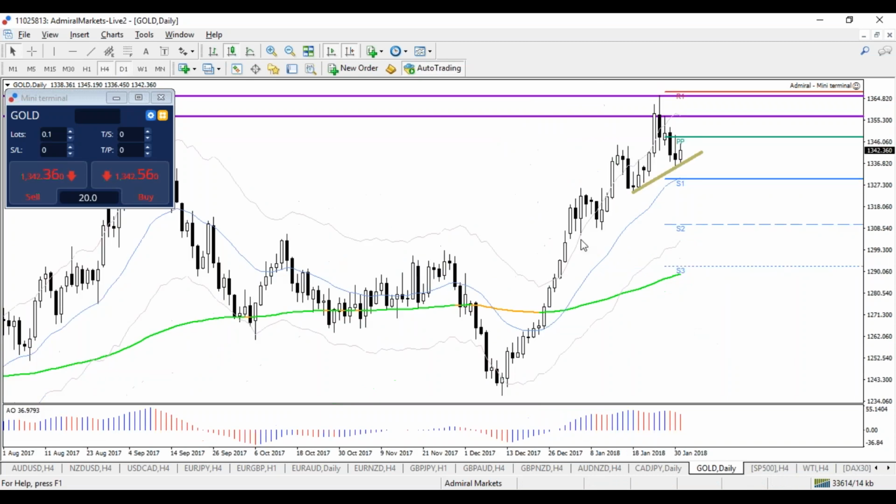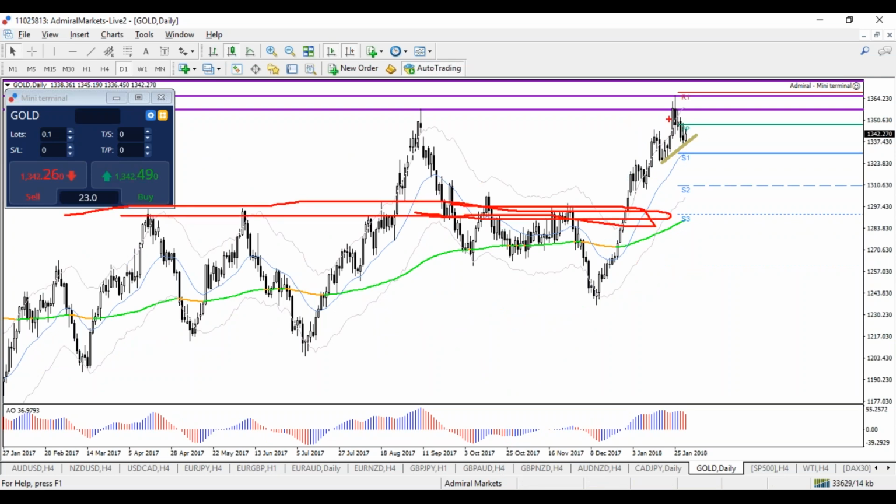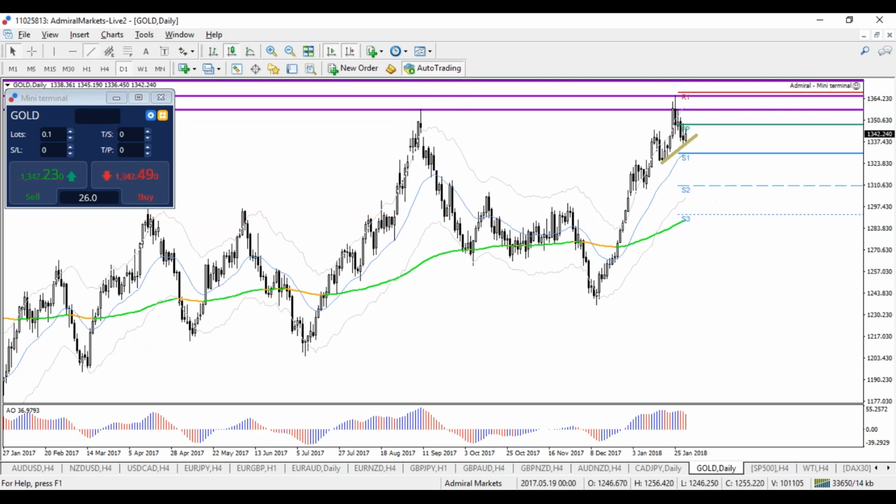If it breaks that, there could be finally what I was expecting already a long time ago, a bigger correction. This upside lasted a bit longer than I expected. I thought that price would stop around this resistance zone here. Broke through that, made it all the way up to the top. If it breaks through support, I think it could challenge the downside again. Maybe first this trend line. Well, maybe first these tops, but